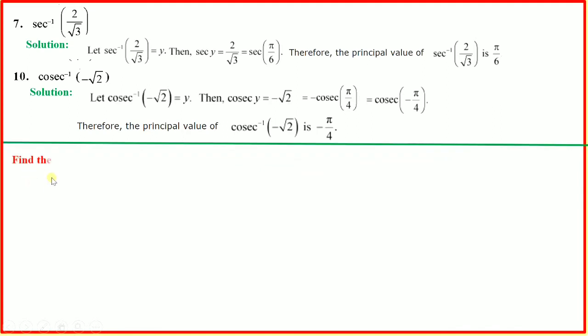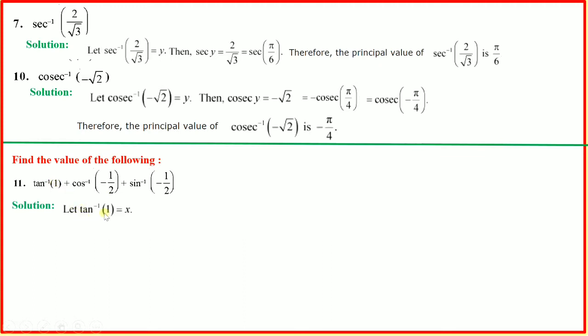Now the next category of questions is find the value of the following. That means here we were finding the principal value, now we have to simply solve and find the value. We are getting a combination of 2 or 3 terms like this. Earlier we had separate terms and we were finding the principal value. In this case we are getting 3 terms together, and we have to put the respective values here and then solve it taking LCM, etc. So let us go for the solution.